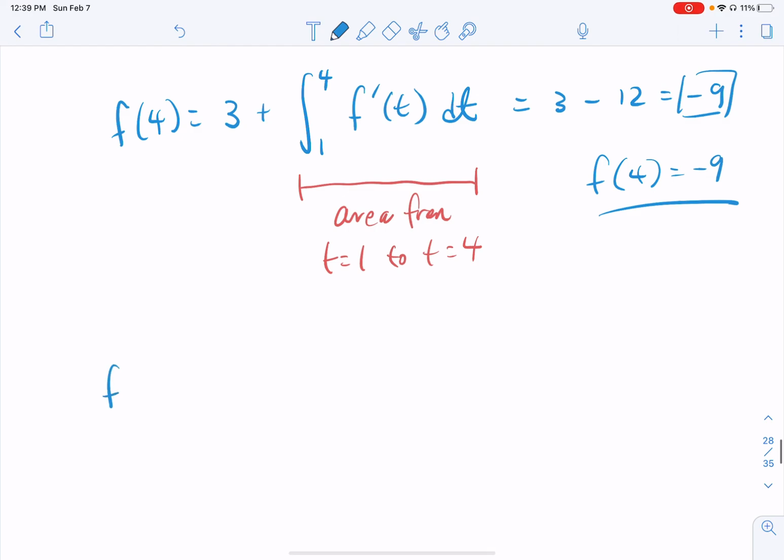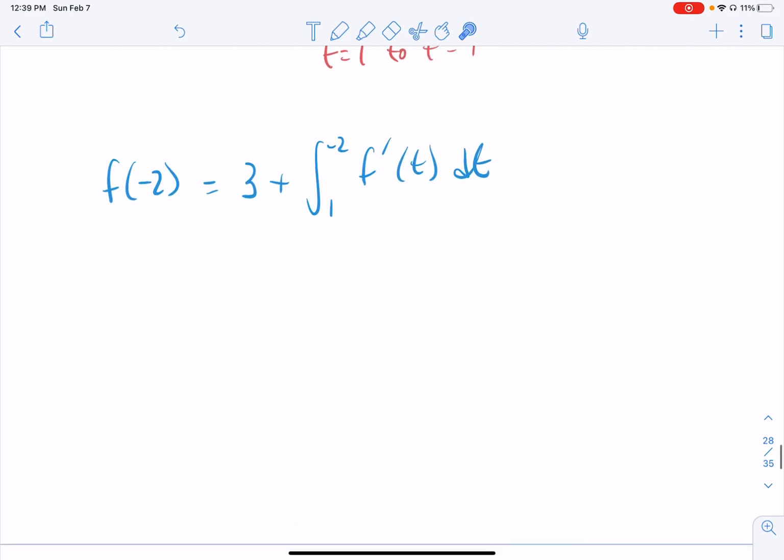Yes, f of negative 2. Well, that should be equal to our 3, our initial again. Change from 1 to negative 2? That's weird, f prime of t dt. Why is it weird? Because the smaller number is up top. Well, if the smaller number is up top, then that means that this integral is improper. We have to put the smaller number down here. So we can do that pretty easily as long as we switch the sign out here. So this is going to be equal to 3 minus the definite integral from negative 2 to 1 of f